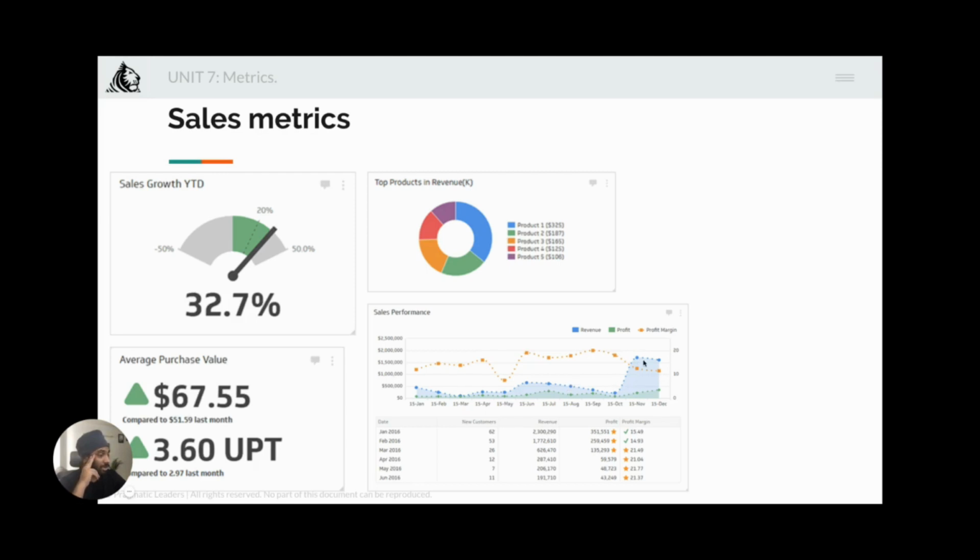Revenue definitely increased, although profit margins decreased. So maybe there was a lot of spending on the operation side of things, or maybe on the marketing side of things. Something went a little wonky. Overall, you can see the profit margins definitely dipped. The profit increased in general. So these are the things that you will try to track.